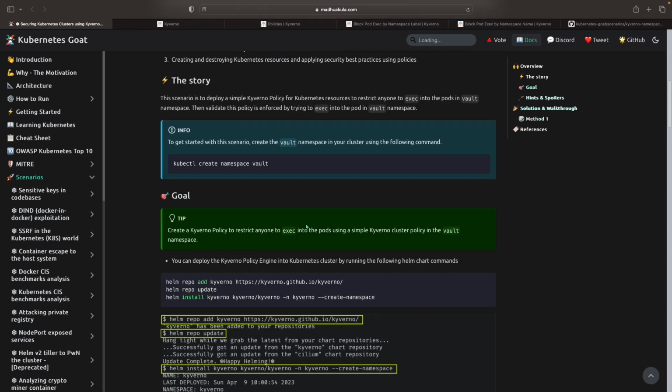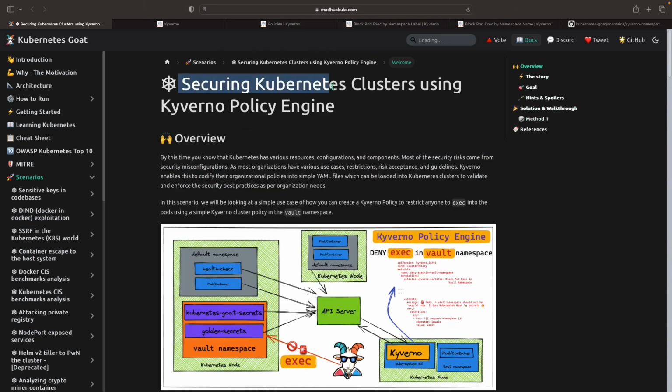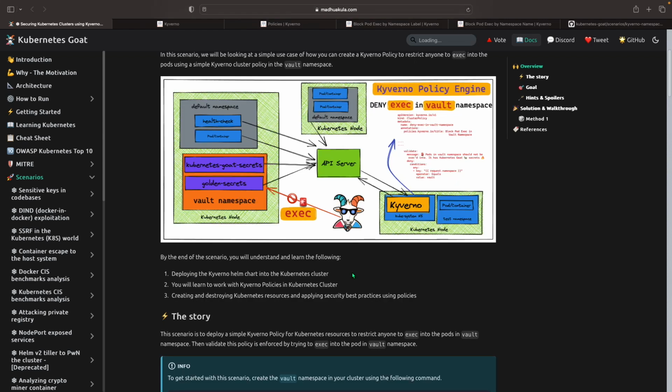So that's basically the video. Just a simple scenario on how to secure Kubernetes clusters using the Kyverno policy engine, and I'll see you